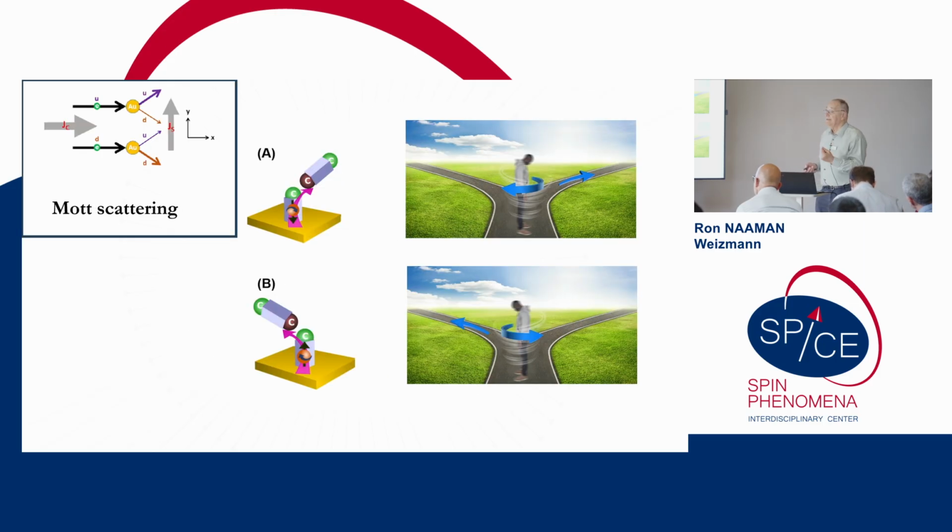How can we understand it? We go back to the Mott scattering. Think about it: an electron with spin is coming here. Now the molecule can have the second group here or here in order to polymerize. If we come with the right polarization, it will go here and will make the product. It will not go here. If you come with the opposite spin, it will go here. So based on this Mott scattering that's usually done on a macroscopic scale,